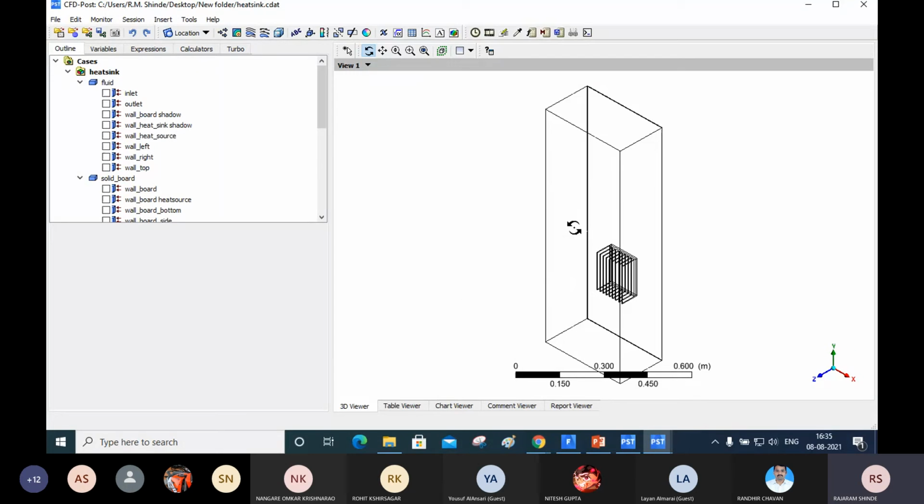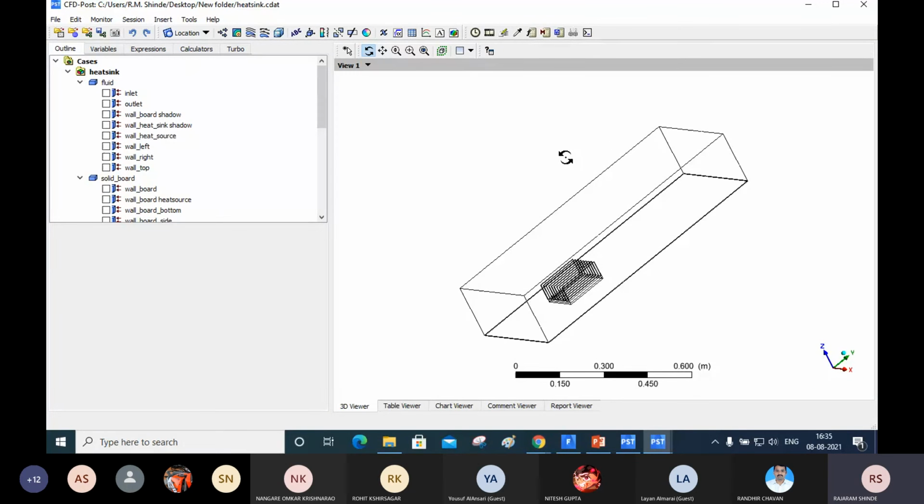Now I will plot the results. Okay. Now I will create one plane, that is insert plane. Where is the location?